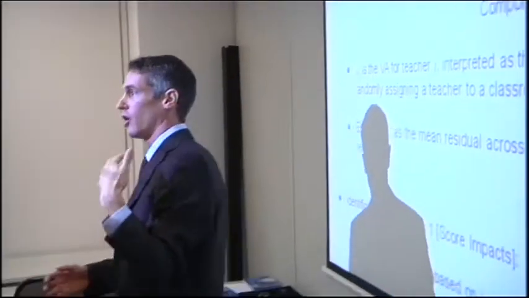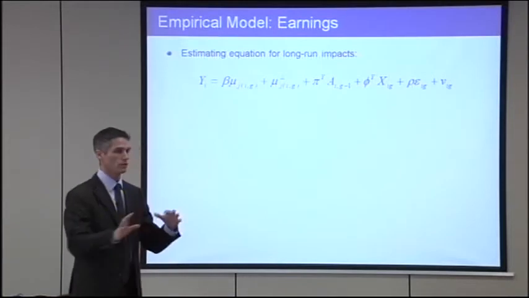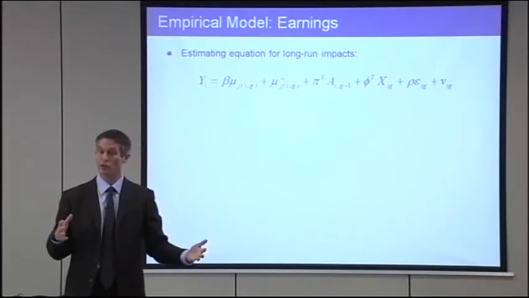That they're not always getting the kids who are better than they look on paper or are worse than they look on paper. That's a problem for our analysis, and that's what I'll spend a lot of the time today trying to convince you is not happening in the data. Okay? And then, once we have this value-added measure, what can we do with it?